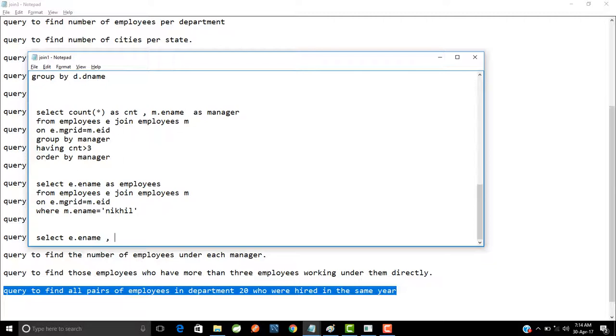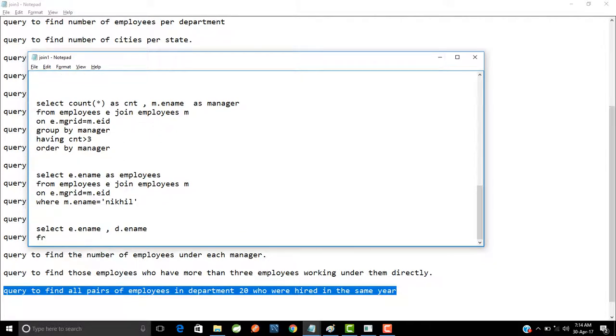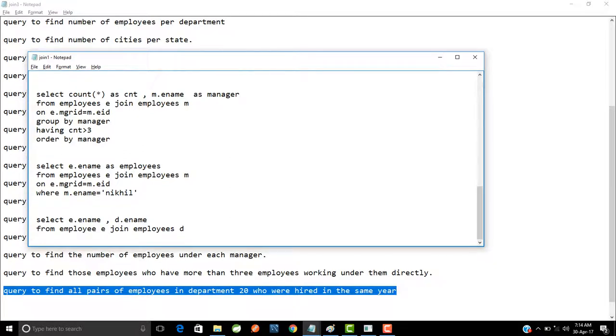So select e.ename. Suppose the first table is aliased as e, and the second table is aliased as d. Then I say d.ename from employees e, the first table aliased as e, join the second table, which has been aliased as d. And what will be my joining condition? Suppose I say on e.dpt_id